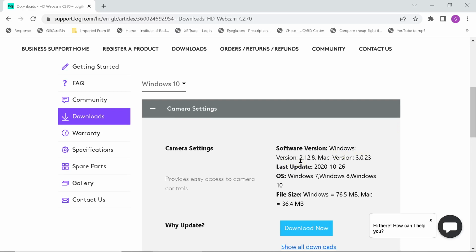So Windows version 2.12.8. The last update was 2020, a couple of years ago, and it's for Windows 7, 8, and 10. The size is 76.5 megabytes for Windows, and it's half of that for Mac. So if I click on download,